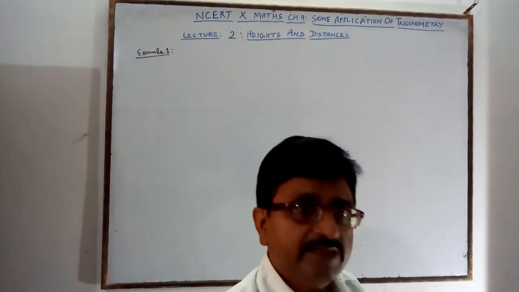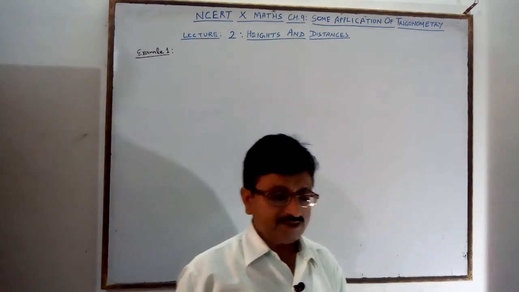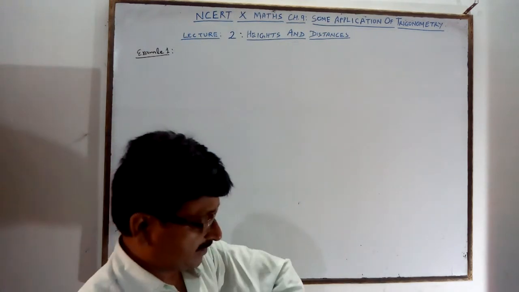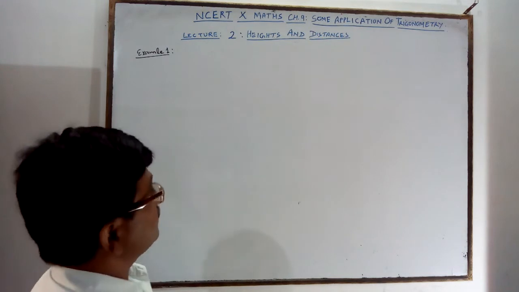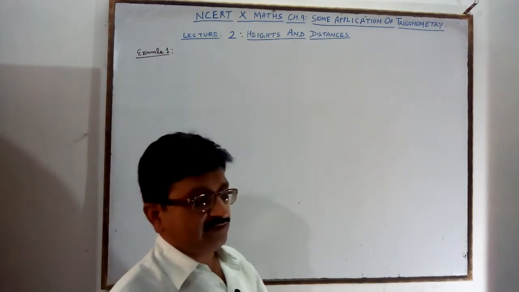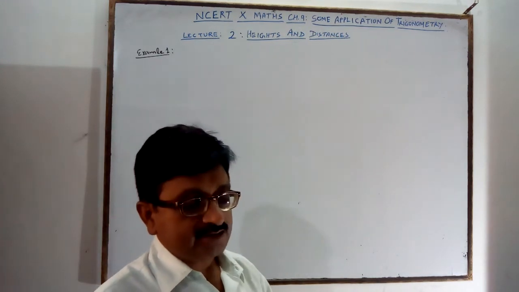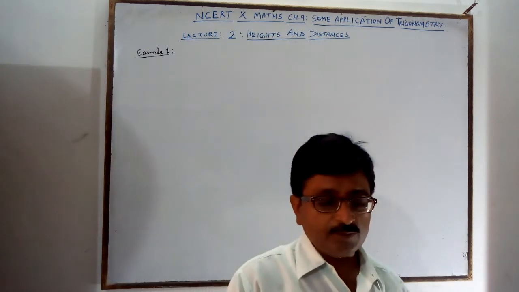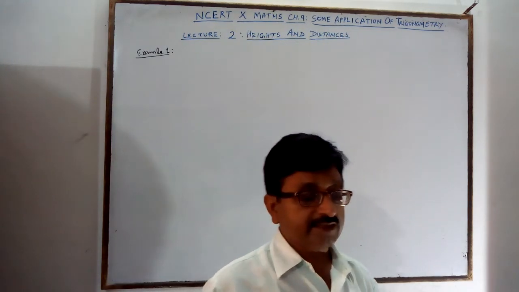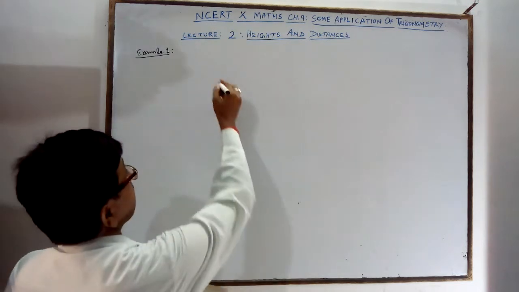In the previous lecture I explained some important things. Now you will see the examples of this chapter. Example number 1 is given: a tower stands vertically on the ground, and from a point on the ground which is 15 meter away from the foot of the tower,